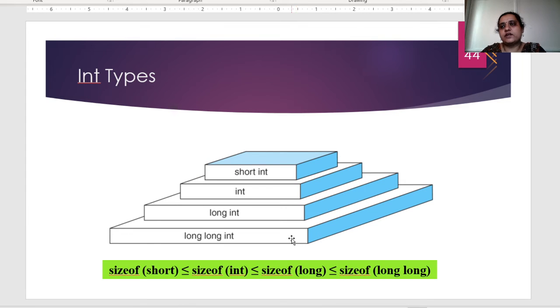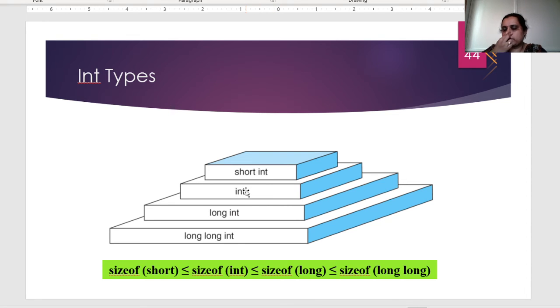And then you have the integral values. In integral values you have four types of integers that you can store. One is short int, int, long int, and long long int. There is only one difference, it's the size. What amount of data or what number it can store, typically that is the only difference between these four data types. If small numbers are enough, then you will use short int.